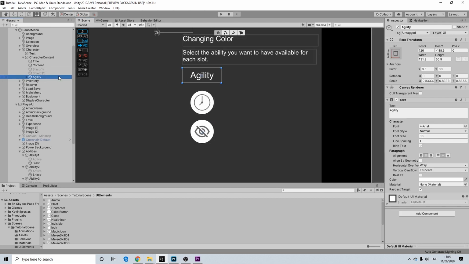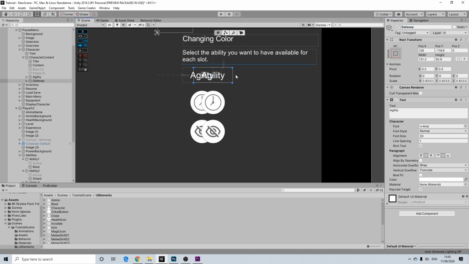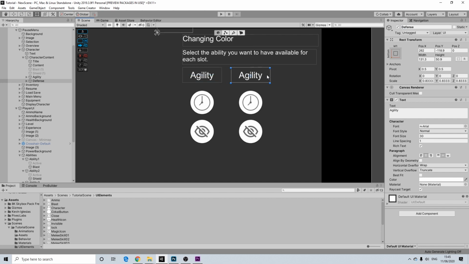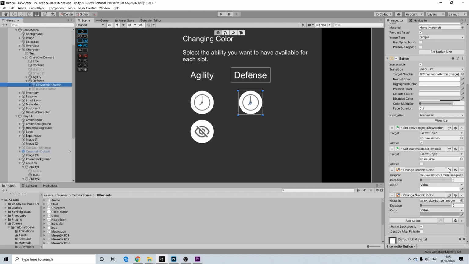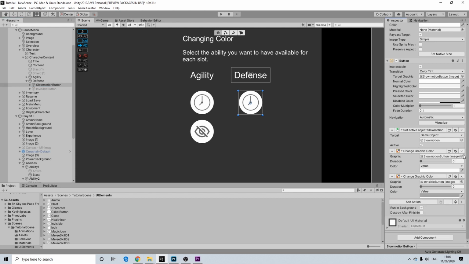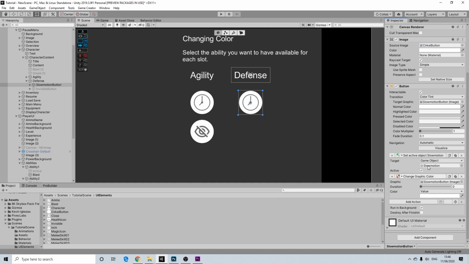So that's agility, perfect. Now let's duplicate agility, let's call it defense. There we go. Now for now I only have one button, so I'm simply going to deactivate this one, but I'm sure you'll want to set up multiple powers anyway. And I'm just going to remove these actions for now. So we're not doing anything else except for